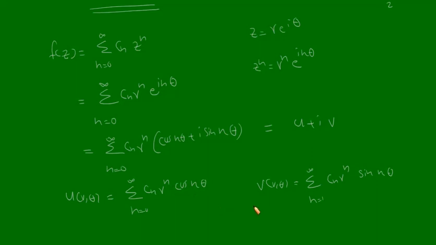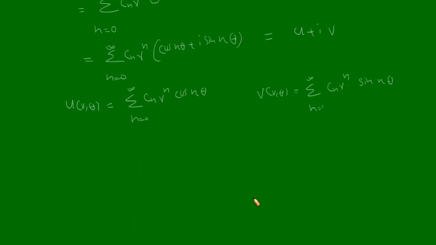Now, according to Abel's theorem, if u1 theta and v1 theta, that is r is equal to 1, radius 1, then u1 theta and v1 theta are convergent for a given theta, then u1 theta plus iv1 theta will be equal to limit r goes to 1 f of r into e raised to i theta. Okay,